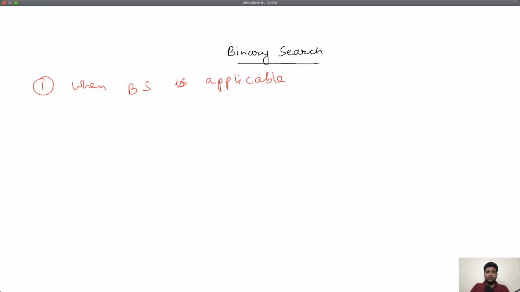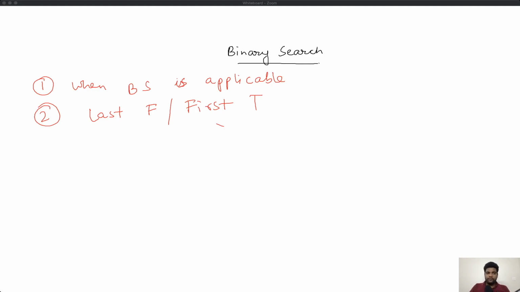Then we said that, okay, now I know that binary search is applicable. What all can I search? I can search for the last f or the first t using this particular binary search. Now we want to talk about the actual code for achieving this.